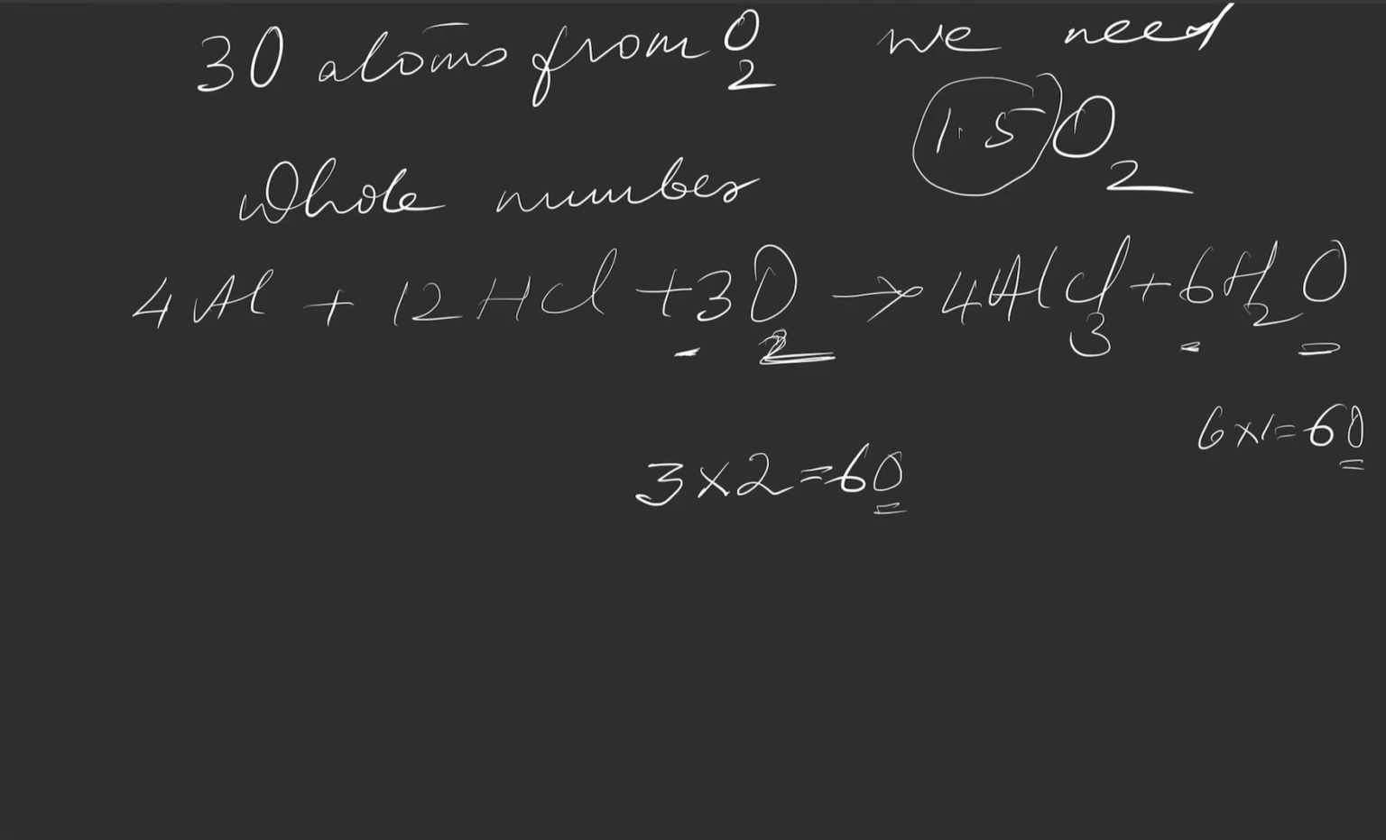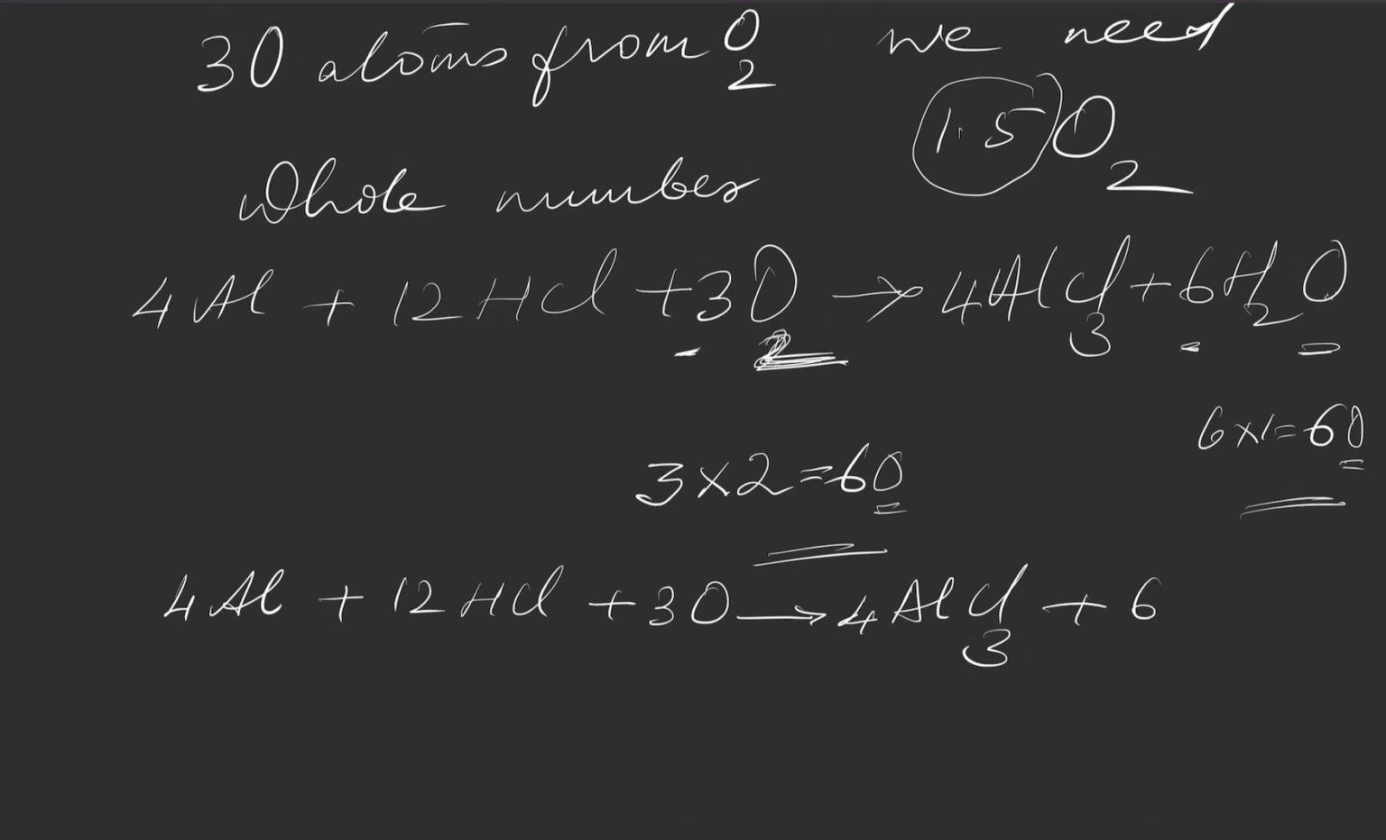So if you come across this kind of question, you just need to leave it for the time being. You just need to balance the others first because this will be easy for you, and then come back and see how many oxygens are there. Here we have 6 oxygen. So how to make it 6? Here we have 2. So what multiplied by 2 is 6? 3 multiplied by 2 is 6. Simple. 6 oxygen, 6 oxygen. So our final equation, I'll write it neatly. 4Al plus 12HCl plus 3O2 gives